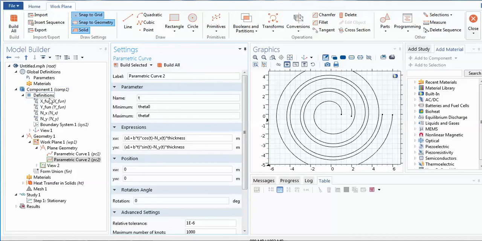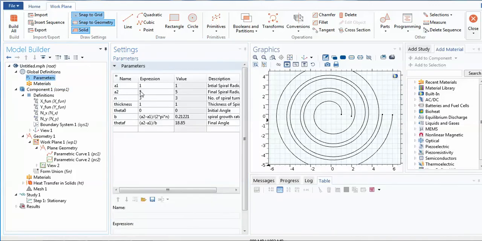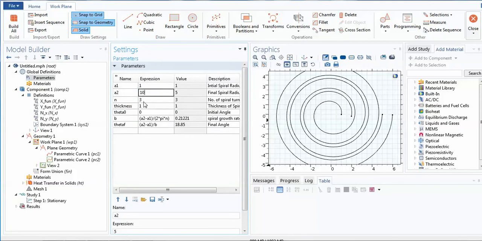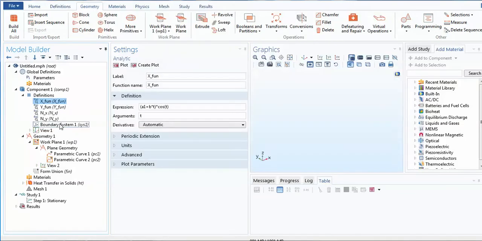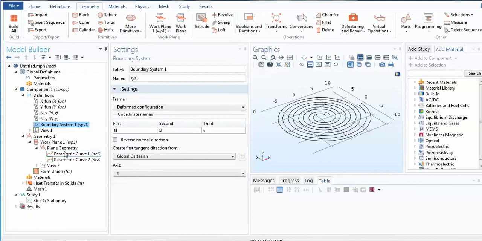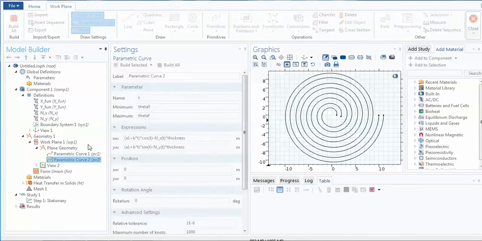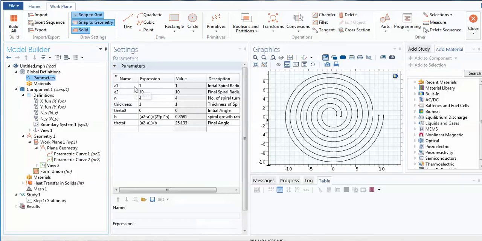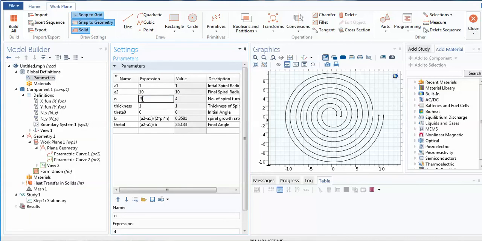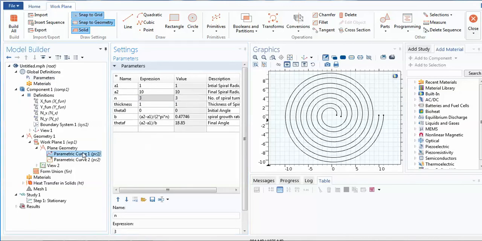If you wish to change the basic property of the parameter, you can go back. You can make this turn as 10, you can make this a 4, and accordingly the calculation will change. You can go back, the function will automatically change, and if you wish to go for the geometry, you can see that it will change. This is the basic turns and the spiral of this, and you can say that the turns are very large. You go back here and you can make the turns even fewer, like if I wish to use 3 only, and go back here